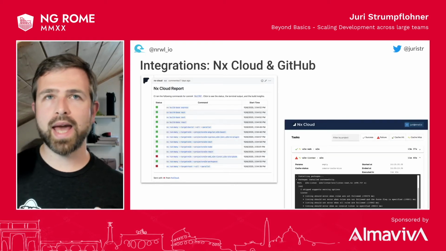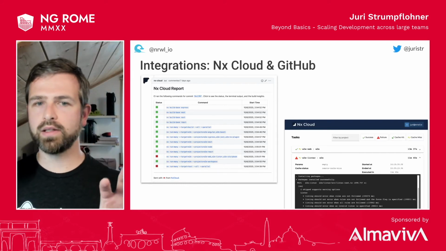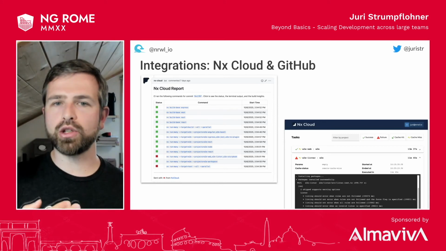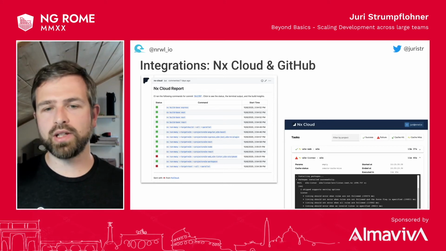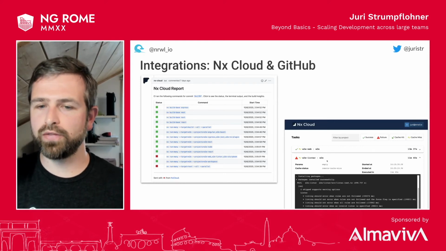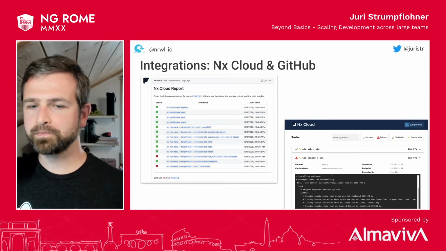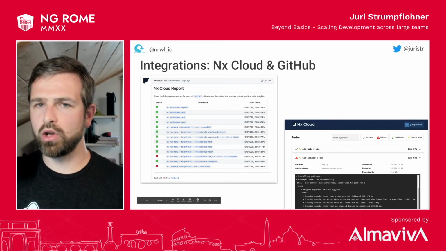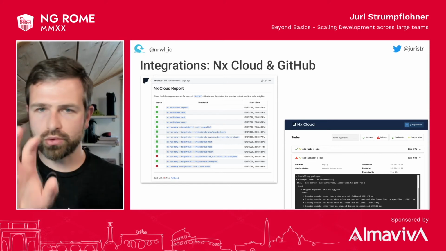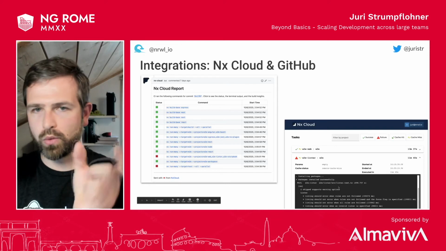Also, recently we added some interesting combination together with NX Cloud. So you can actually have a GitHub bot installed that lists all the commands that have been run in that pipeline. You can then click on it and jump onto a page within NX Cloud, which filters out the actual things you want to look at. For instance, just the failed projects, and then you see the actual log below it, without having to go into the CI logs and scroll through hardly understandable logs and search for what actually went wrong.